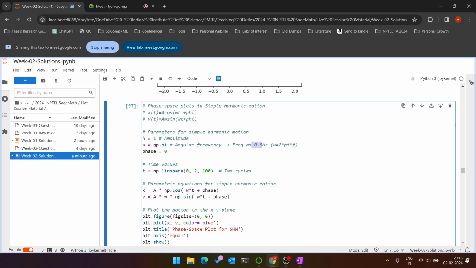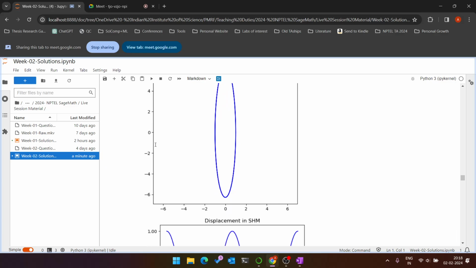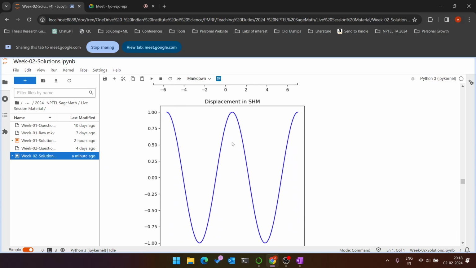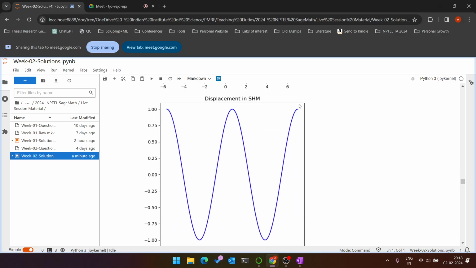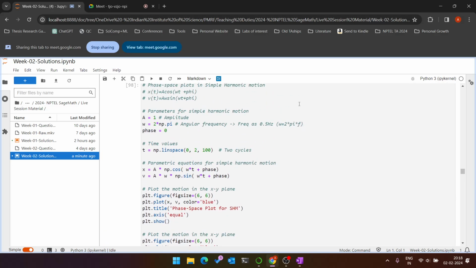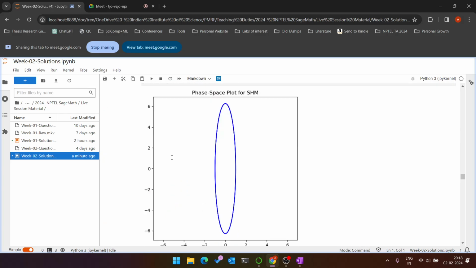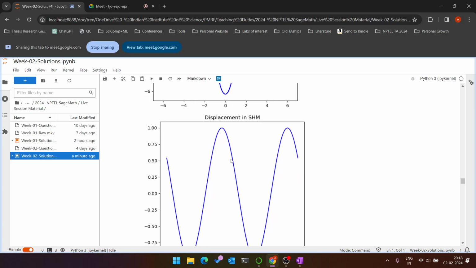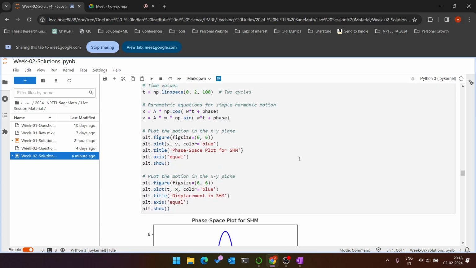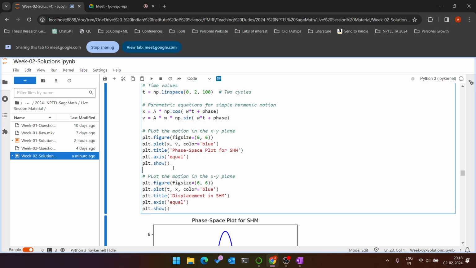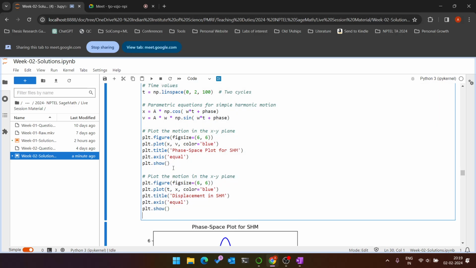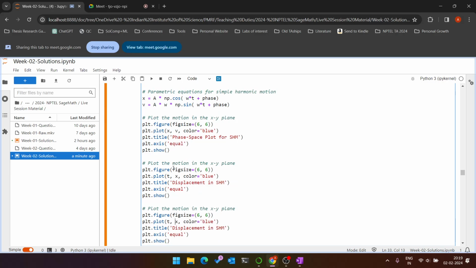If I change this again to say a frequency of 1 hertz and plot it, I am seeing that my particle completes 2 cycles. Playing around with the phase value, suppose I give it a phase of say 1, the particle will start at some point in between and complete 2 cycles. And if I also plot the velocity response,